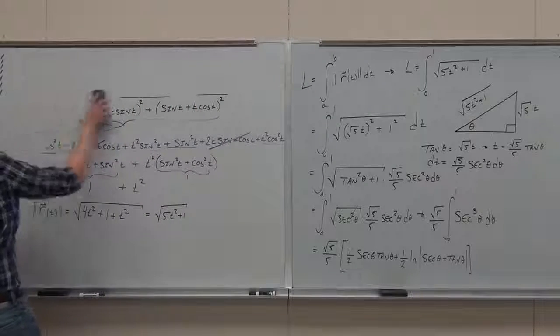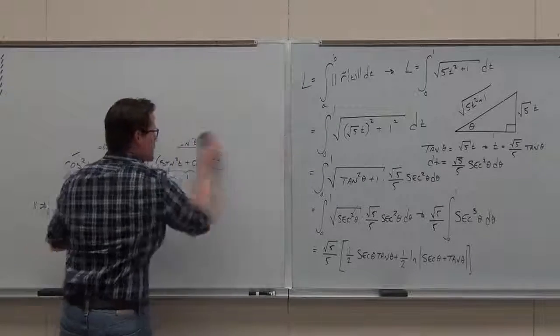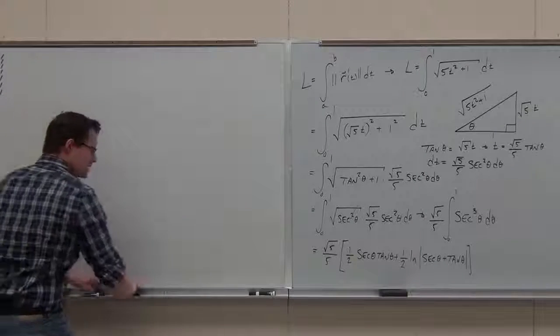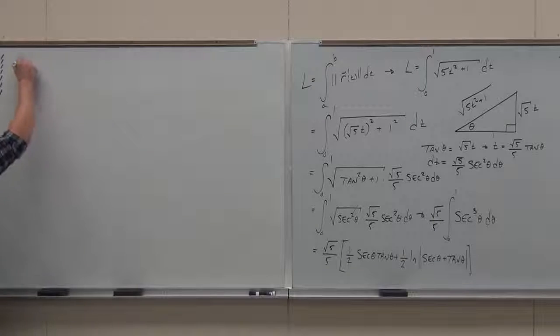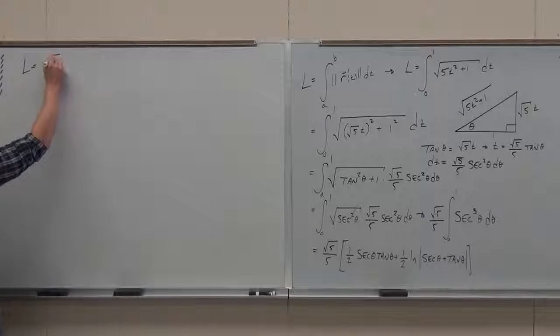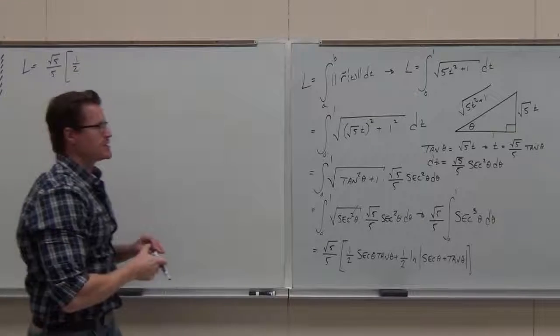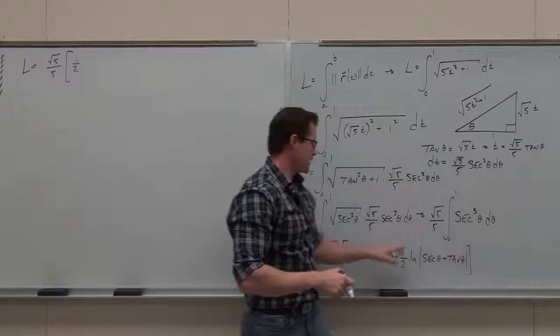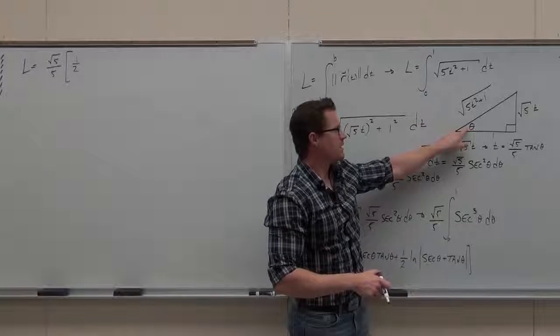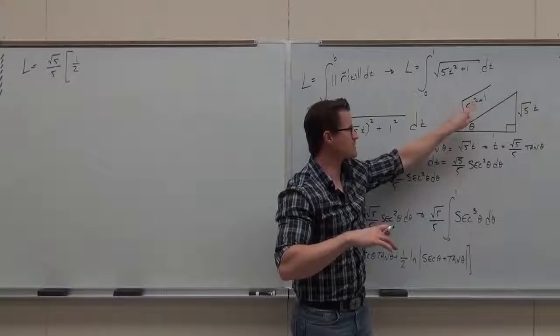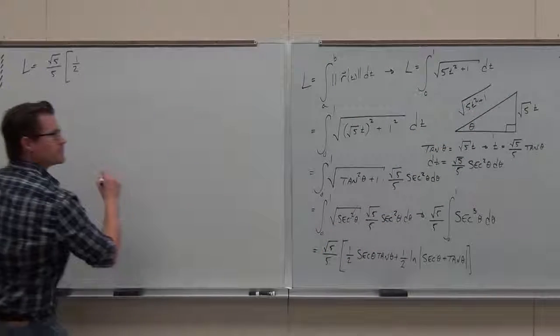It's why you draw the triangle. It's how to use that triangle that lets you change back. So going over here, we got L equals square root of 5 over 5. No problem. We got a 1/2. That's pretty obvious. Secant theta, use your triangle. It's the same theta here as it is here. So secant is the reciprocal of cosine. If cosine does this over this, secant does this over this. So it's a square root of